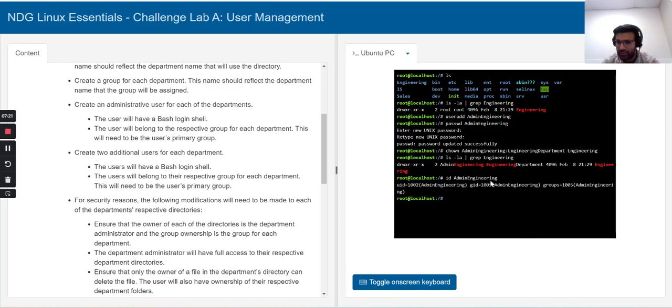So you see it belongs to admin engineering group, right? But we want it to be part of the engineering department, and this is going to be its primary department as well, right? Now we have to change user mode because we want to create